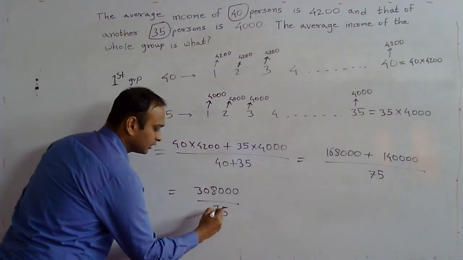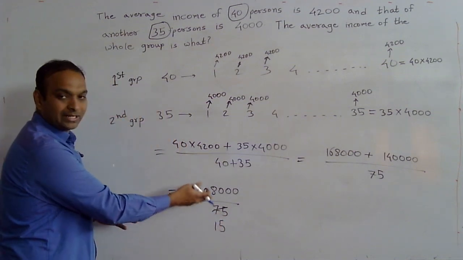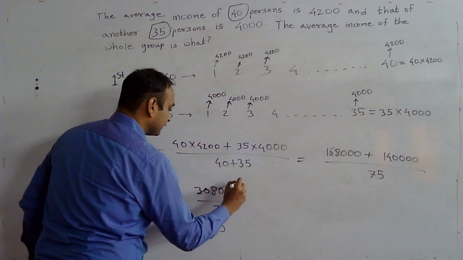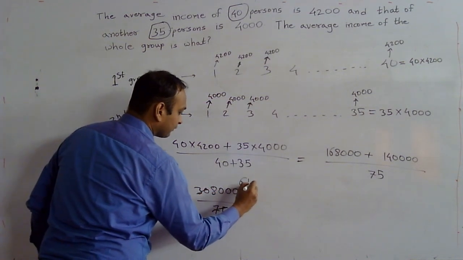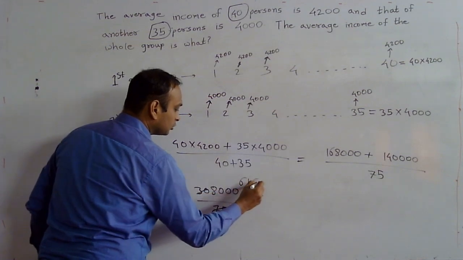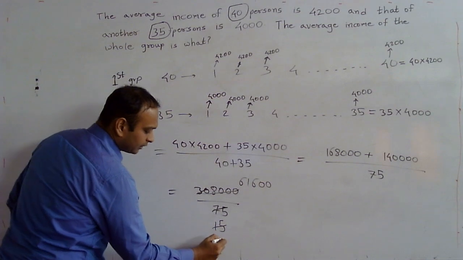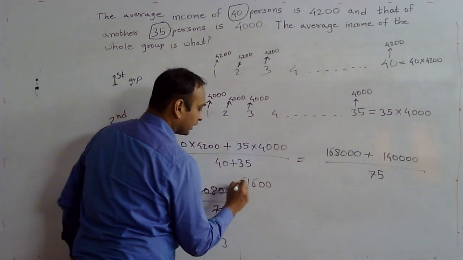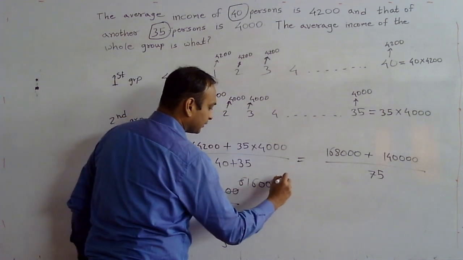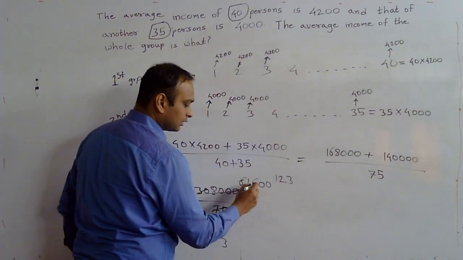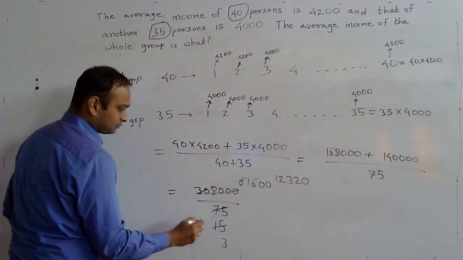5 ones are 5, 2 is remaining, 5 5s are 25. So we are dividing it by 5 first. 5 6s are 30, 5 ones are 5, 3 is remaining, again 5 6s are 30, and 2 zeros will be as it is. Then again divide by 5, 3 will remain here. 5 ones are 5, 1 is remaining, 5 2s are 10, again 1 is remaining, 5 3s are 15, again 1 is remaining, 5 2s are 10, and 0 will be as it is.